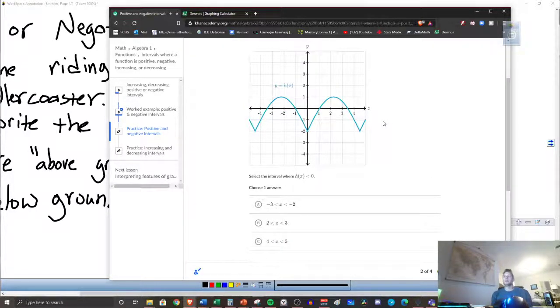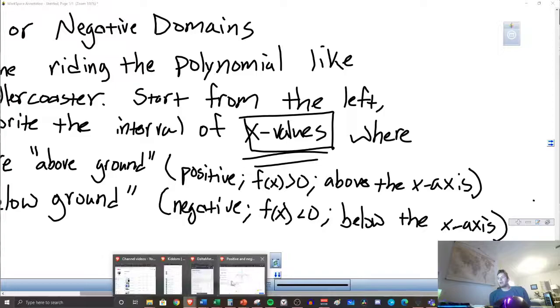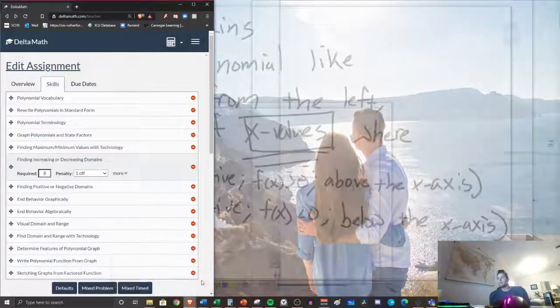Let's do another one. So we want to know, where is it less than 0? Okay, so that means negative. That means below the ground. So -3 to -2, no. 2 to 3, that's not it either. 4 to 5, yes, it is below. So that's the idea. You also have some problems on Delta Math for this, so let's look at Delta Math,